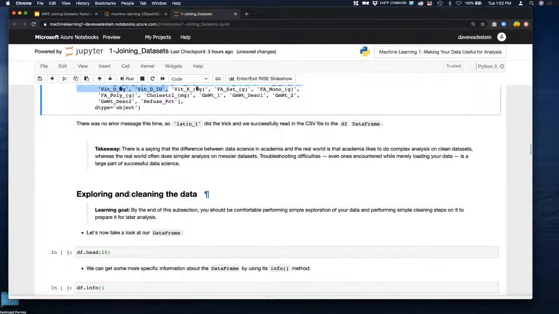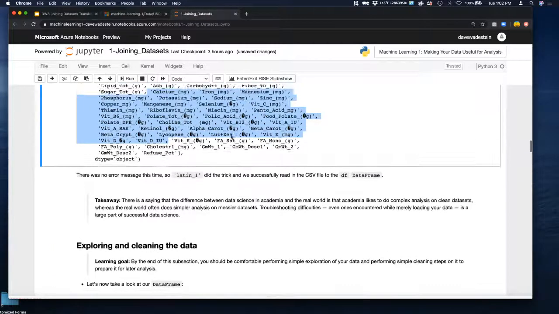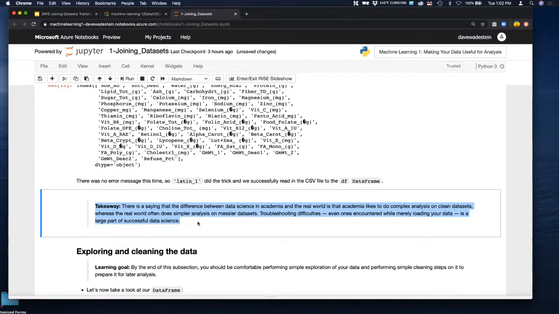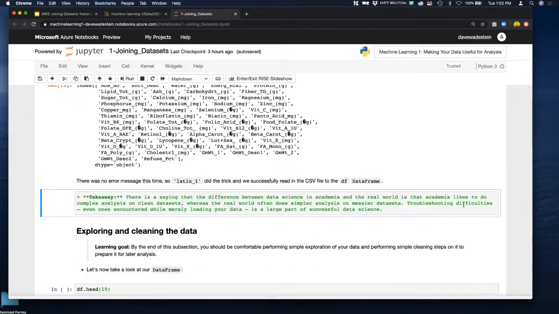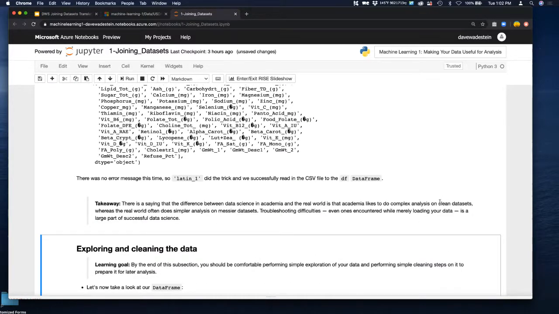All right, so let's think about exploring and cleaning up data, which is kind of our overarching goal here. And I think this is probably worth noting. There's a saying that the difference between data science in academia and the real world is that academia likes to do complex analysis on clean data sets. Because in academia, their data sets are always nice and clean. There are no problems, nothing's missing, everything looks good. So they can do all sorts of complex data analysis. But in the real world, you often end up doing much simpler analysis on messier data sets because it takes so long to get the data set in a form that's actually analyzable that you don't end up doing too much. But when you encounter difficulties,